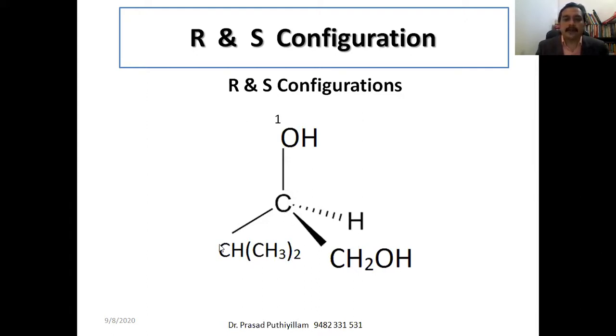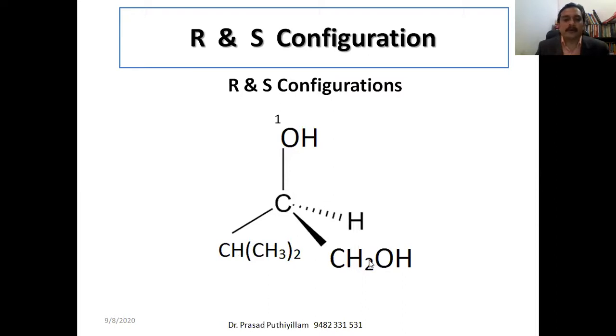Okay, so the atoms connected to carbon are again carbon only. The atoms connected to the stereo center, the center carbon atom, are carbon and carbon. Okay, now to give priority, we need to consider the other atoms connected to that carbon. So here the carbon contains two hydrogen and one oxygen. Here the carbon contains hydrogen and two carbon.